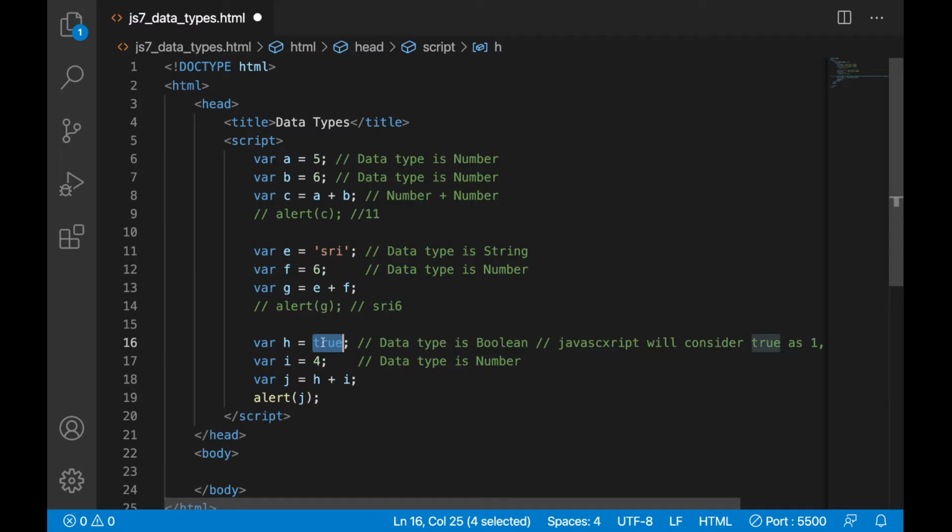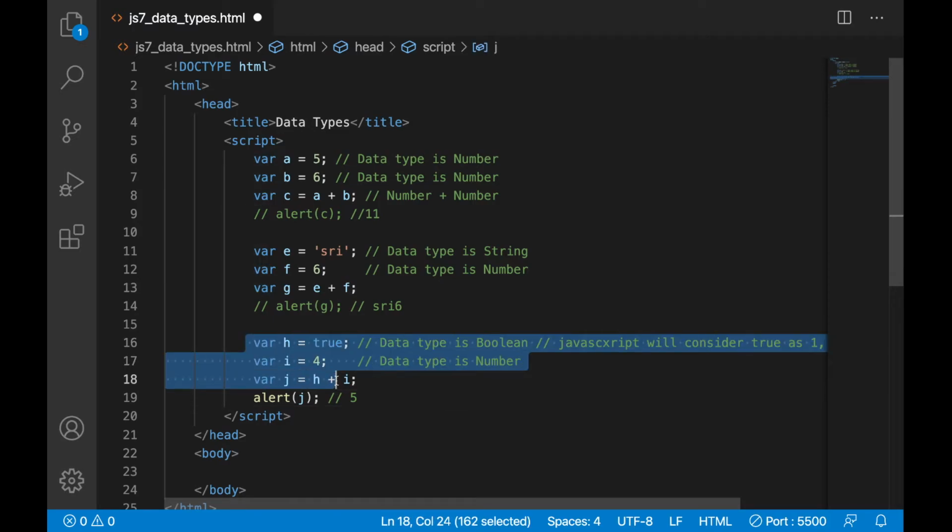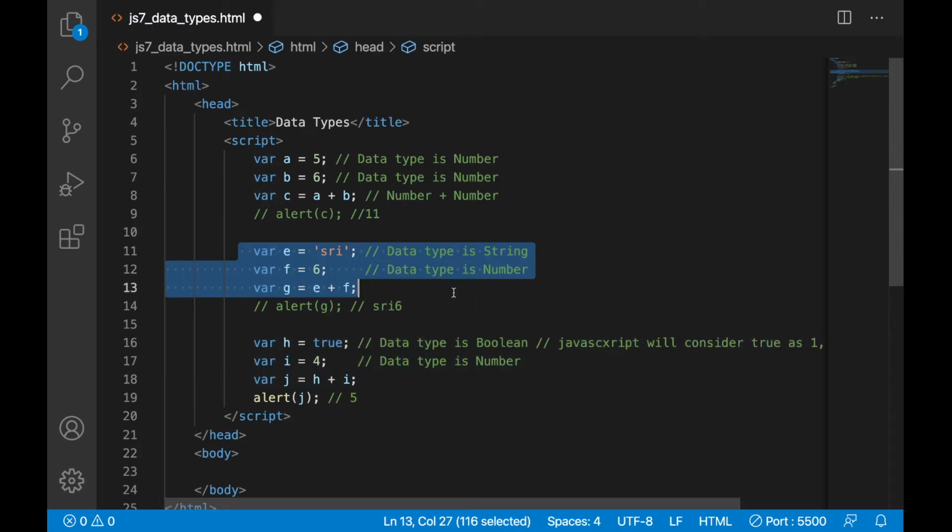Instead of true it will take 1. So 1 plus 4 gives 5, the output will be 5. That's why it becomes 5. So you can add boolean plus number, but you cannot do string plus number. If you do, it will just display all the variables side by side.